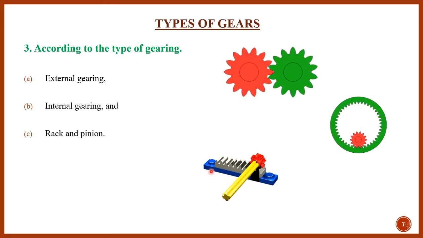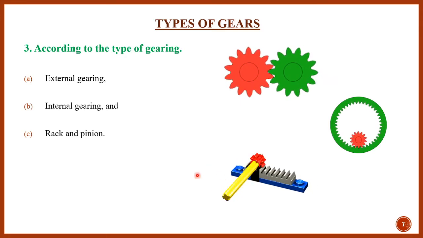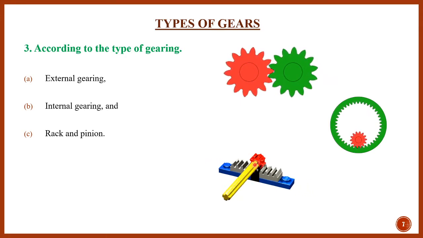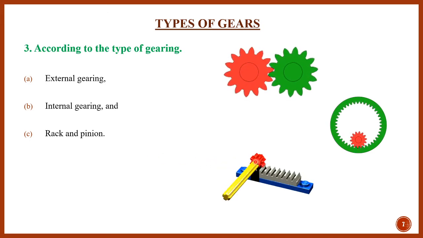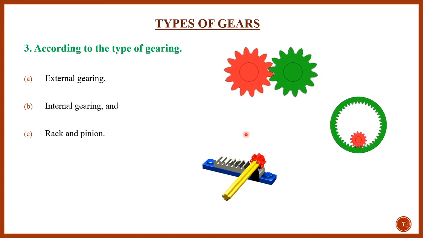And third type, which is the rack and pinion. In this case, rotary motion is converted into linear motion, or linear motion is converted into rotary motion. In all these three types of gears,